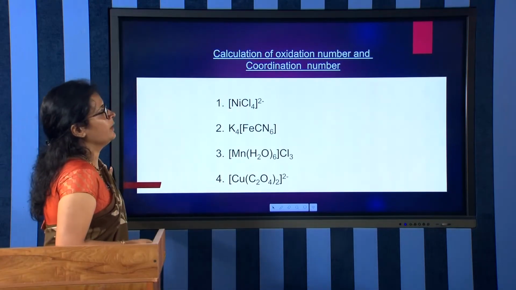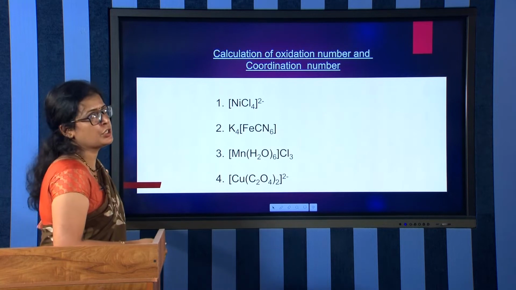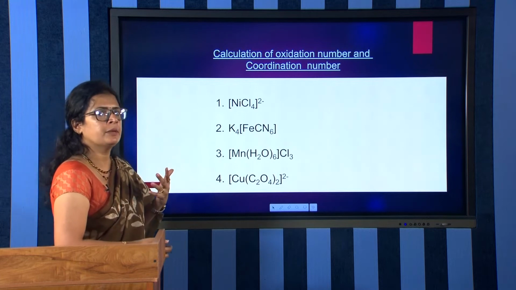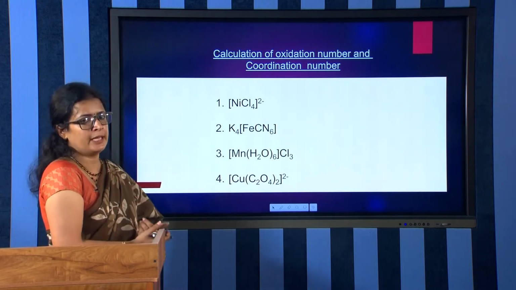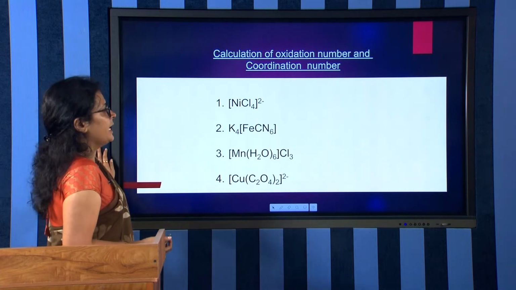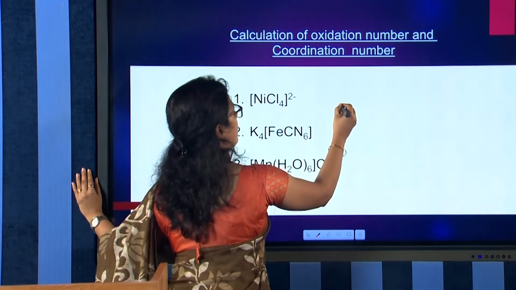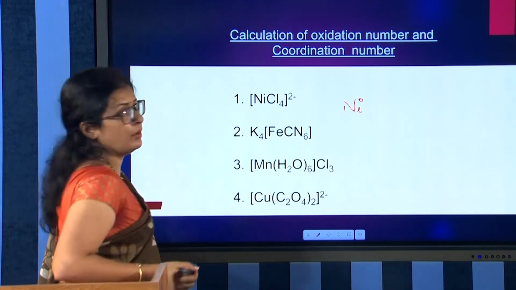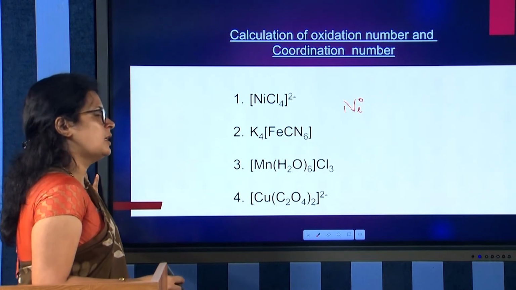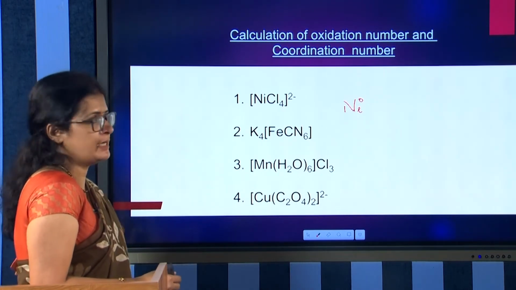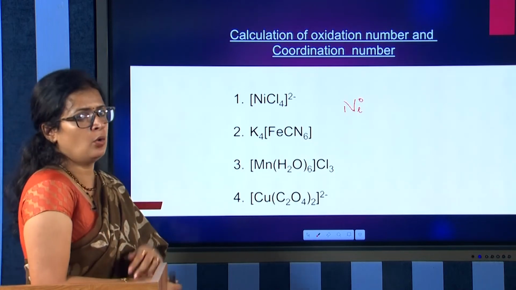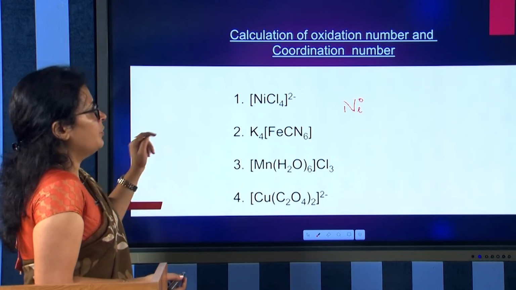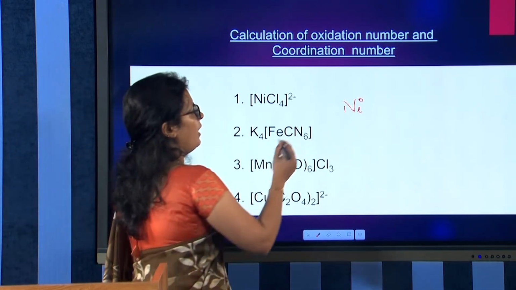Now you can calculate the oxidation number and coordination number of different complexes. This is very important. As an introduction to coordination chemistry, this is the first thing that should be studied. The first example is NiCl4 2 minus, with the central metal atom nickel, Ni. How many ligands are there? You have 4 chloride ligands. Chloride ligands have a charge of -1. So what is the total charge carried by the ligands? It is -4. So, for the total to become -2, nickel should have the oxidation state